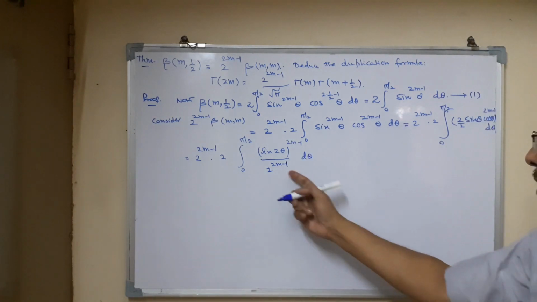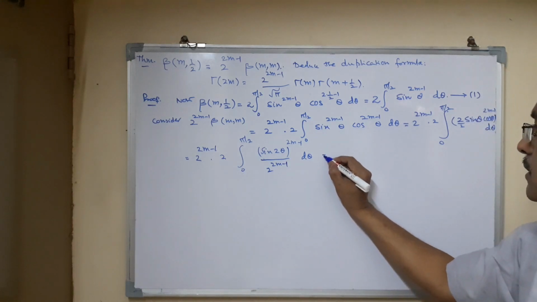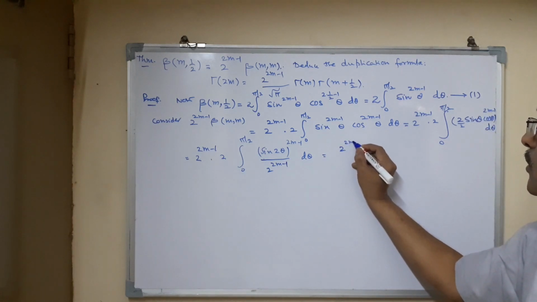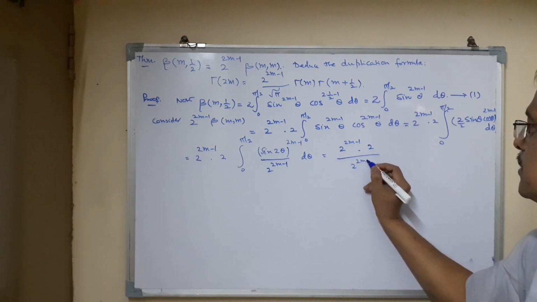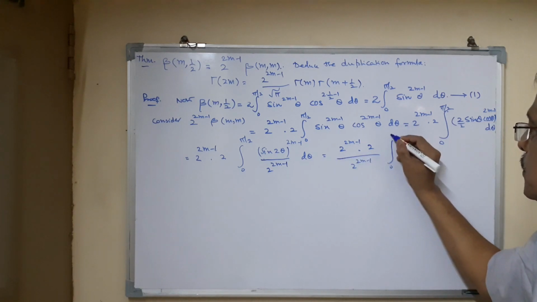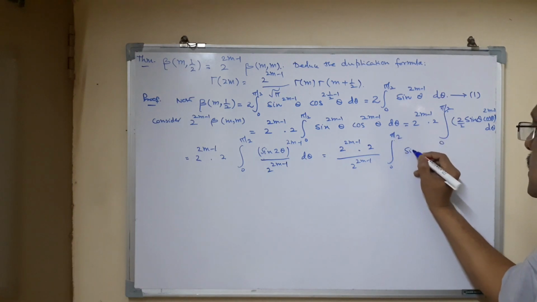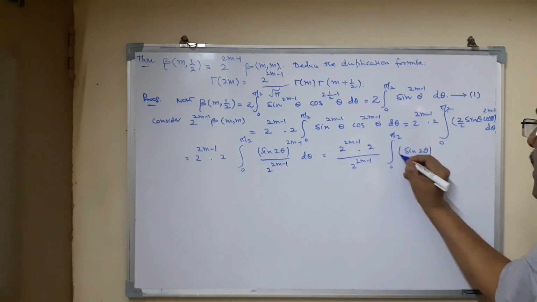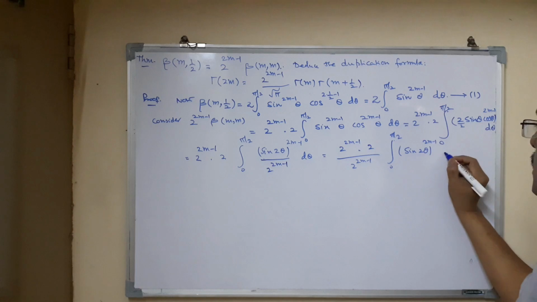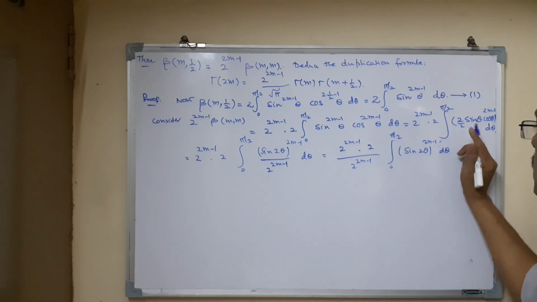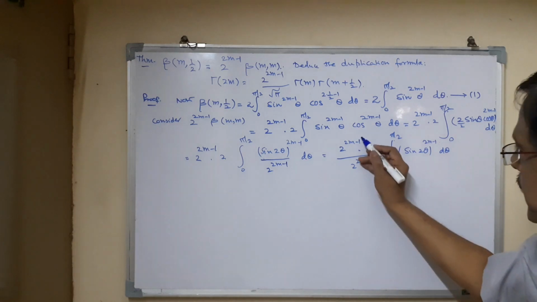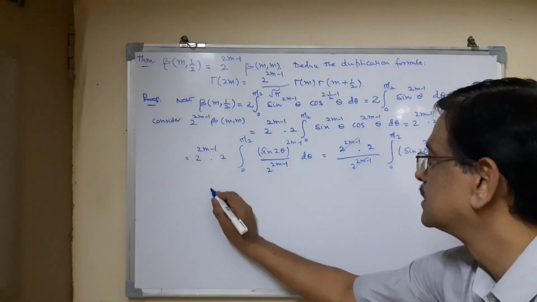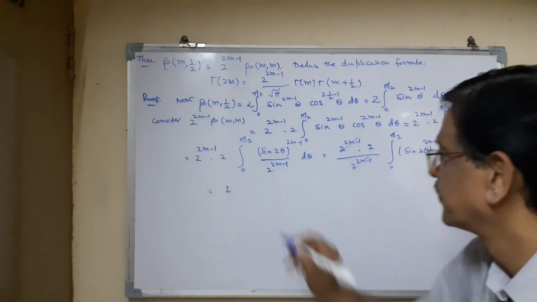This 2 power 2m minus 1 comes out. So this will be 2 power 2m minus 1 into 2 by 2 power 2m minus 1 integral 0 to pi by 2 sine 2 theta whole power 2m minus 1 d theta. I can cancel these two, so I'll get twice